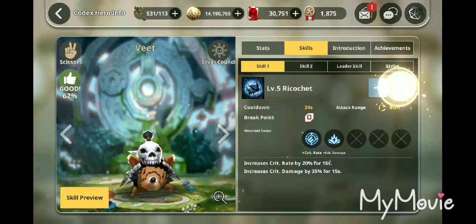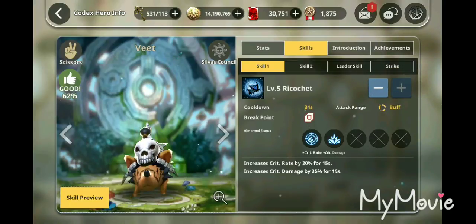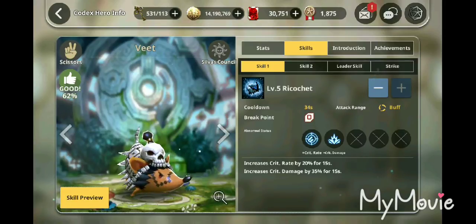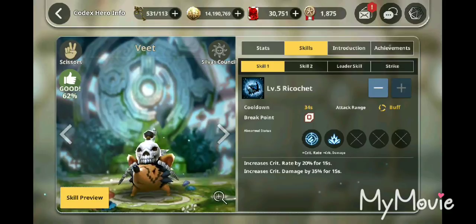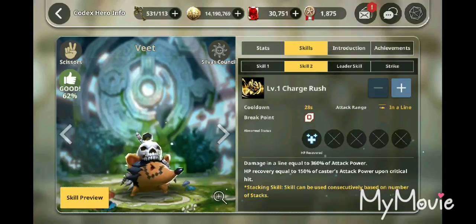So Veet right here at max skill will increase your crit rate by 20% for 15 seconds and crit damage by 35% for 15 seconds. If you guys have Tyler in your striker lead, that crit rate is obviously going to be about 27%, which is pretty darn good for a 3-star. And his skill 2 is actually going to be able to recover your HP when it does a critical hit onto an opponent. This is a stacking skill, and